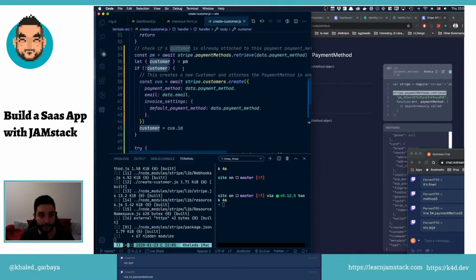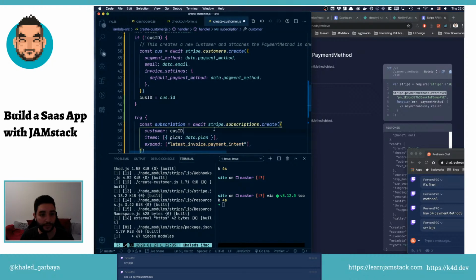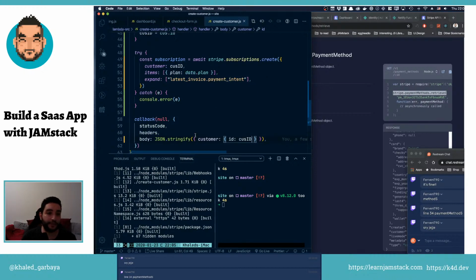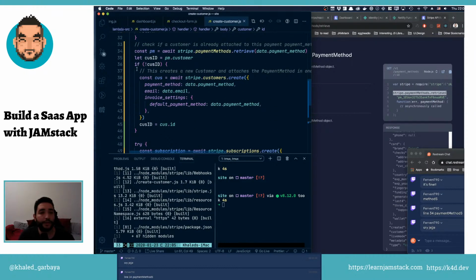Maybe I can just have, okay, cust ID is from this dot customer, just to remove a little bit of the confusion. Yeah, here the cust ID, and then, yeah. Okay, so we still return that customer. If not, blah blah blah, we create that. Okay, so